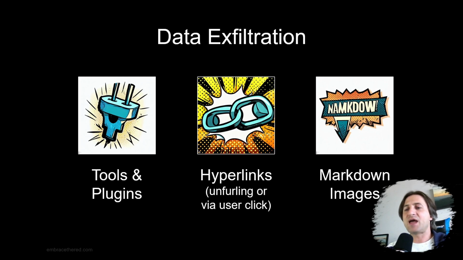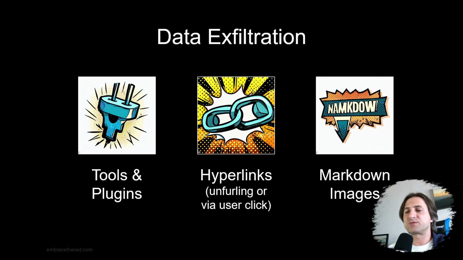Another aspect is hyperlinks. A user might click a hyperlink, or some systems and chatbots like Slack, Teams, Skype, and so on will automatically try to retrieve the content of a hyperlink to show the user a little summary in the chat application. That's called unfurling, and that can lead to data exfiltration, because the chat application like Slack is automatically connecting to this URL, and an attacker can append data to that URL. I'll explain this in a lot of detail in the next couple of slides.